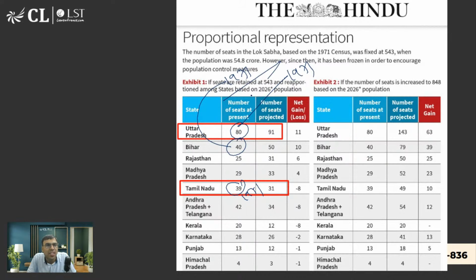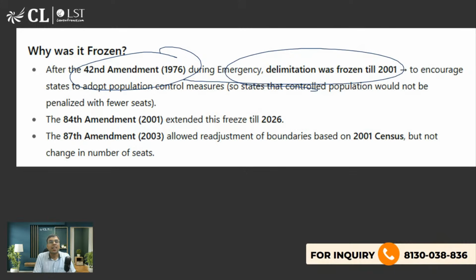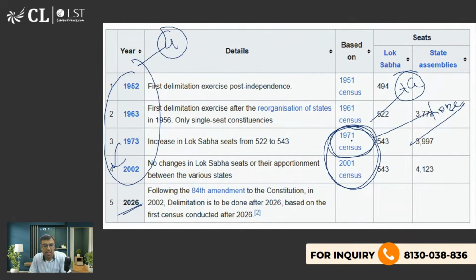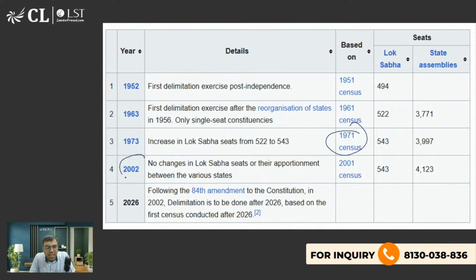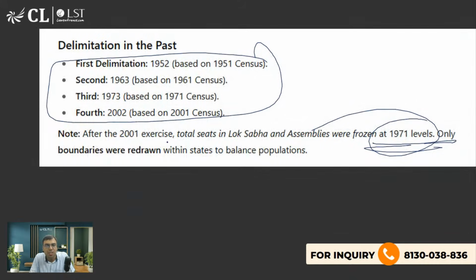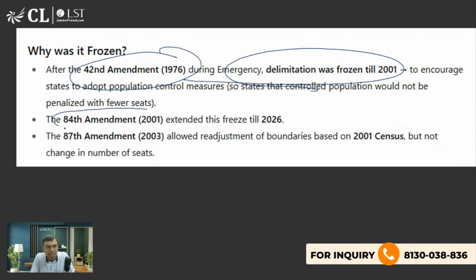Otherwise, if it had not been frozen, then Bihar would have got 50 or 60 seats के आसपास, and Tamil Nadu would have got reduced, Andhra Pradesh would have got reduced seats. Okay, Harsh, we are coming to that. So idea ये है कि इसलिए freeze कर दिया गया. Okay, then Atal Bihari Vajpayee जी के टाइम पे 2002 में again no changes in Lok Sabha seats. They again amended the constitution, है ना, and extended the freeze till 2026.